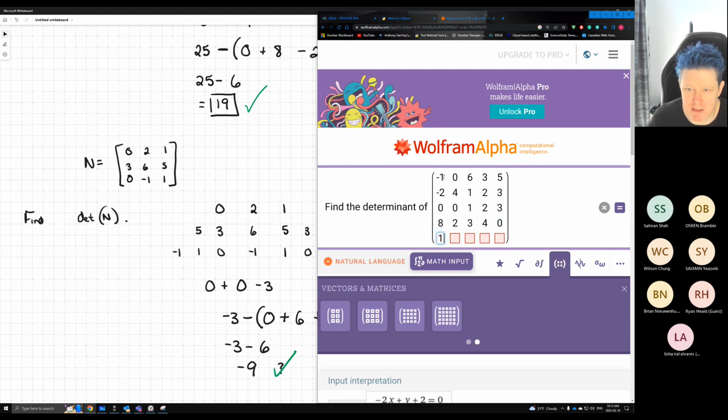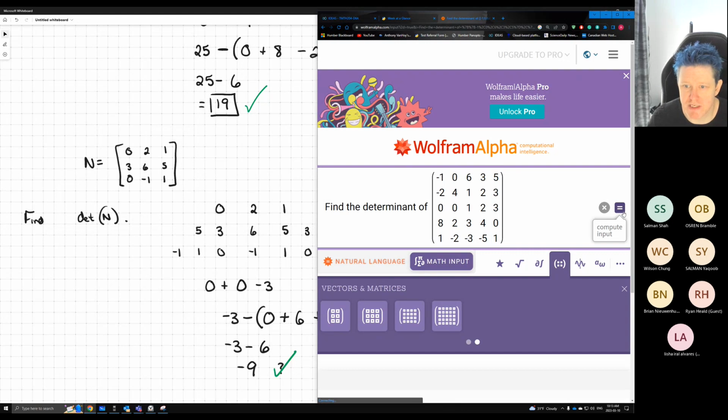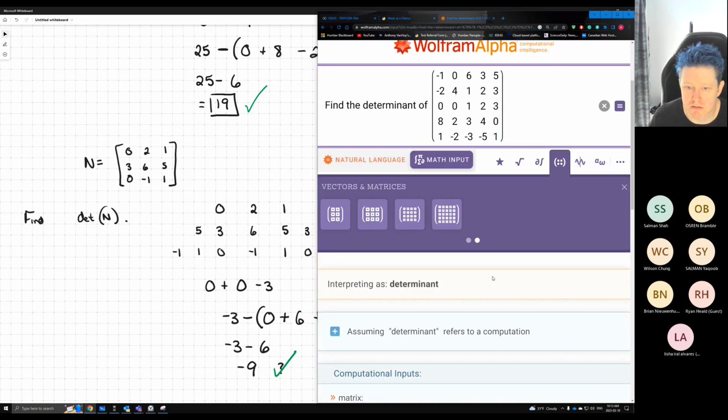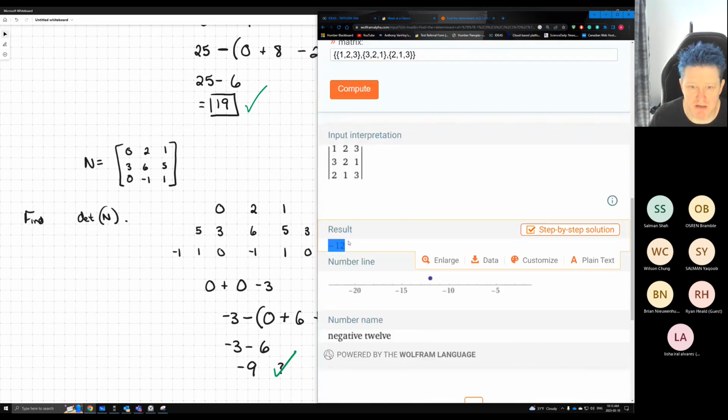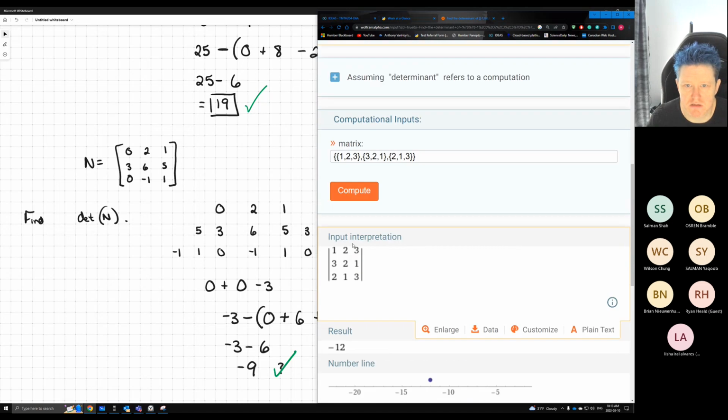I'm just making things up as I go. Okay, let's see what she says. Apparently, the determinant of this matrix